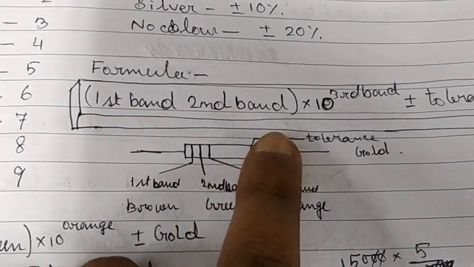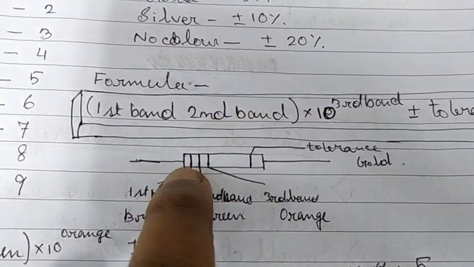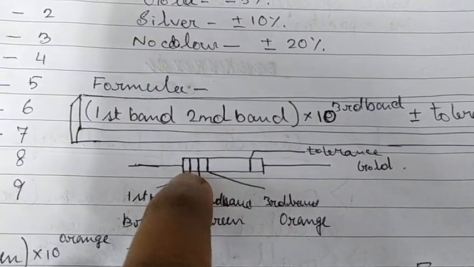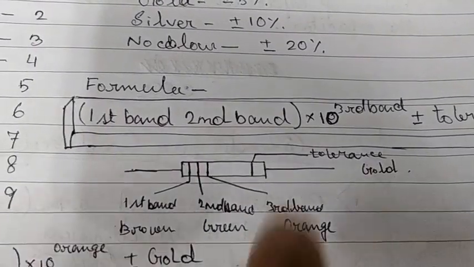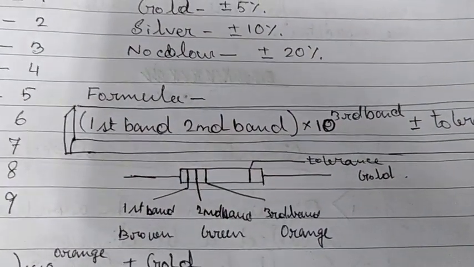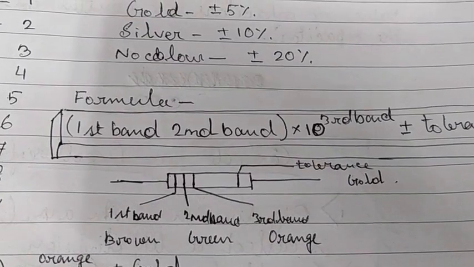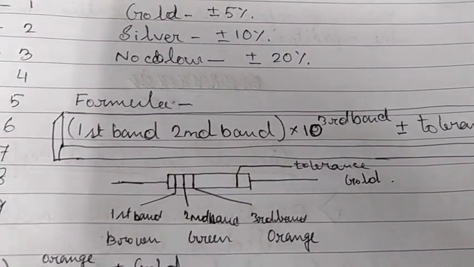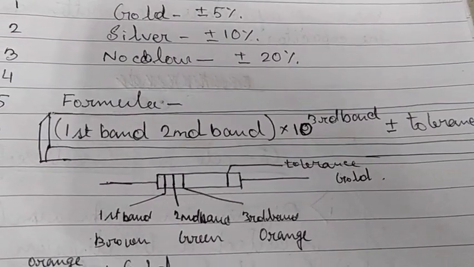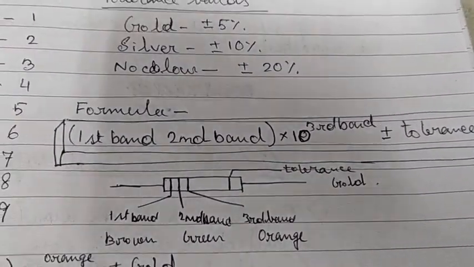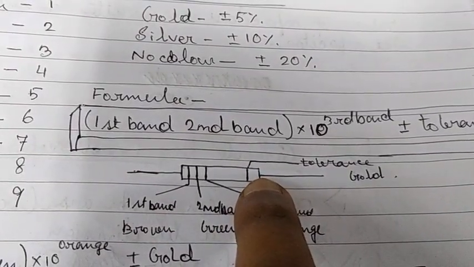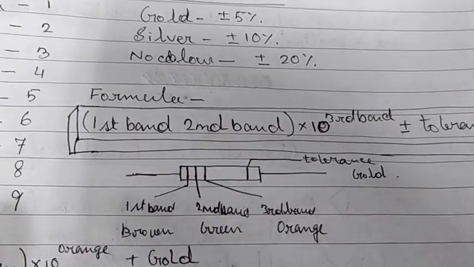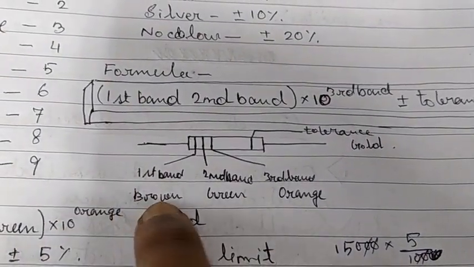So if this is a resistor, see these color bands, see this is first band, second band and third band, as I have written here, first band, second band, third band, and this is the tolerance band. Always remember that you have to start counting from the left side of the resistor and keep the tolerance band at the extreme right and start counting from the left side. So the tolerance band will be the last band to count, and the first band whatever it will be. Now I have written here one example.